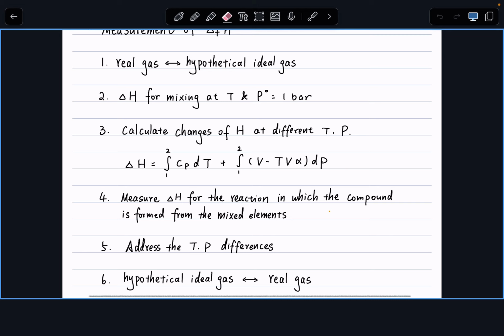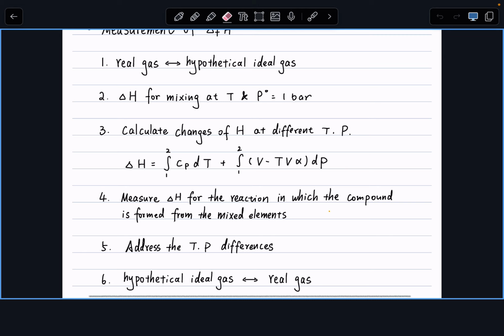All right. And in our original condition, what do we have here? These are the standard state at 298 Kelvin, or some random temperature, let's say 298 Kelvin. Now what we have is real gas at 1 bar, 298 Kelvin, and after this transformation, we'll get it to hypothetical ideal gas at 1 bar, 298 Kelvin, right, and separated with each other.